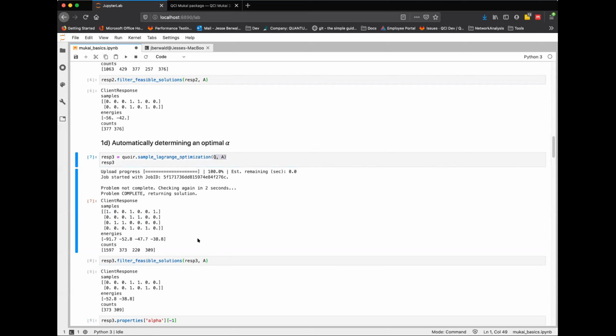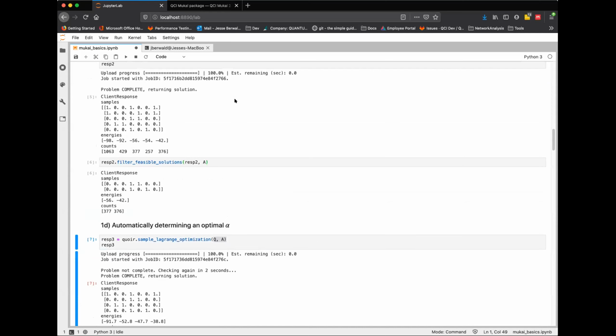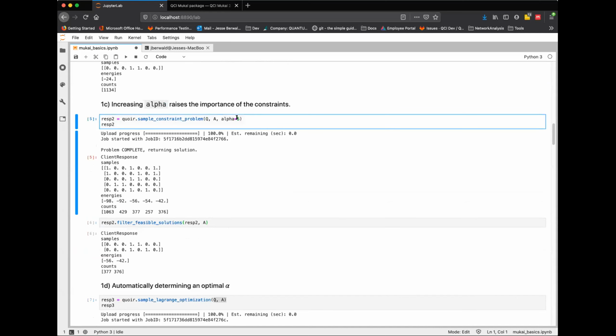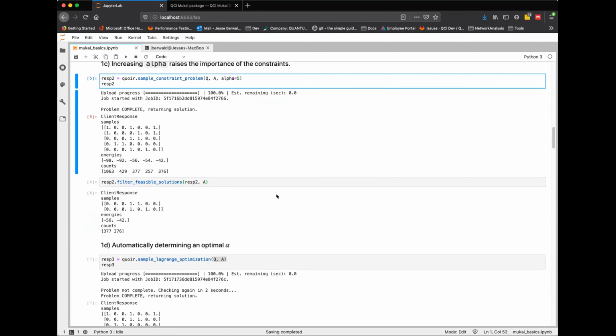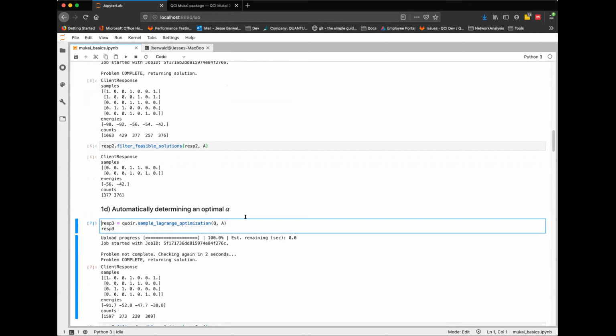So that's just a little post-processing step that's easy to handle. Yeah, so we found actually the same solutions, you see, but we didn't have to work at it. Up here, I just kind of randomly chose alpha to be 5, to be honest. If you're going to do a systematic study, you may have to have a linear space of alphas from 1 to 10 and figure out which is the minimum one that gives you the best solution. This automates that whole process.